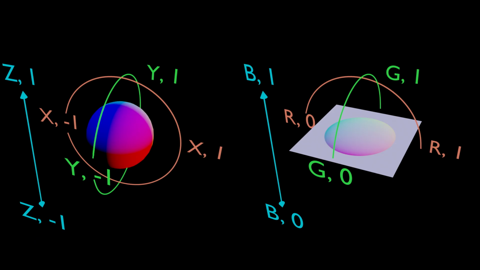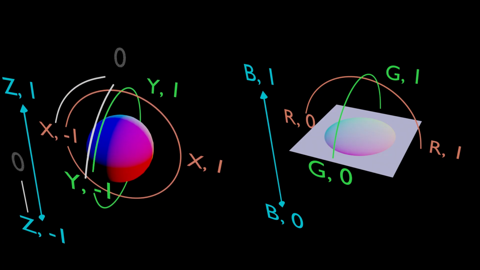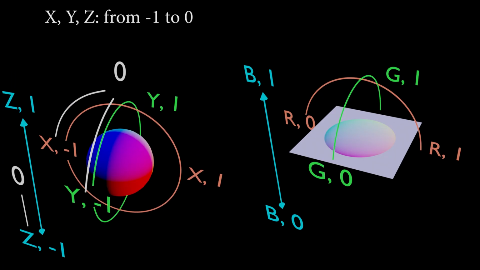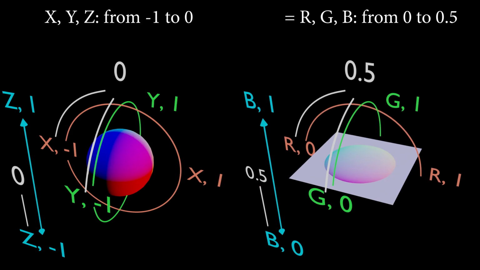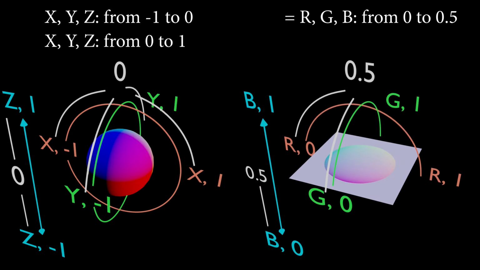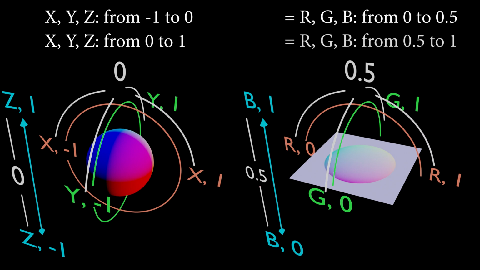All the values from -1 to 0 XYZ get compressed into RGB values from 0 to 0.5. Then all the values from 0 to 1 XYZ get compressed into RGB values 0.5 to 1. In this way, our normal map is able to store angle information from both the negative and the positive directions